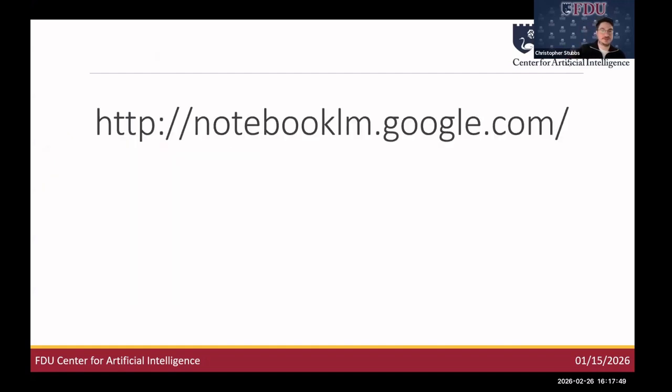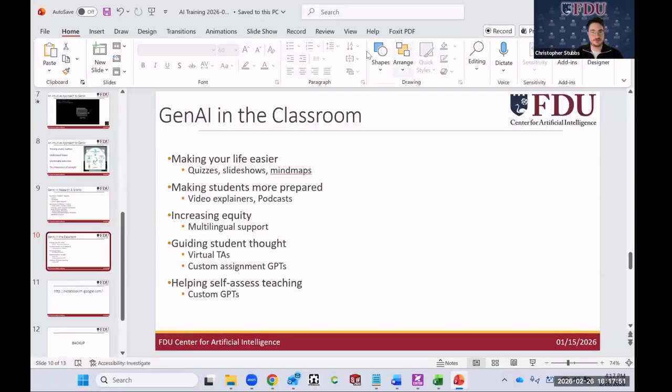And with that, I'm going to switch over to go through each one of these. So the first tool that I think is really useful for everyone to know is called Notebook LM. I'm sure a bunch of you are already familiar with it, but I just want to do a deep dive on it and talk about some of its use cases in the classroom. It's a Google product,